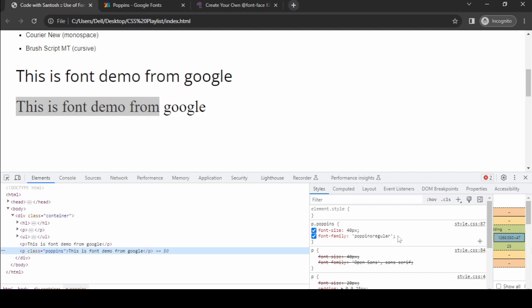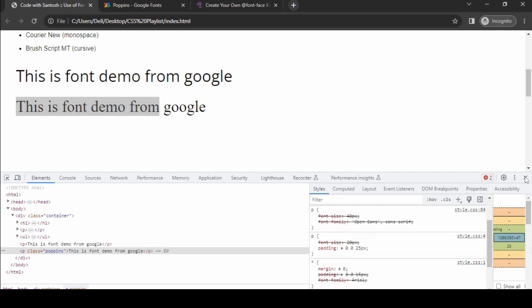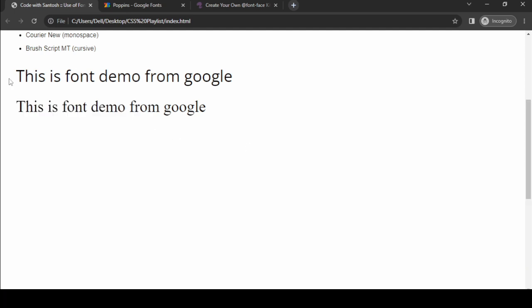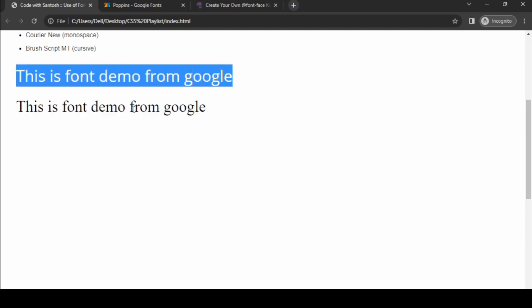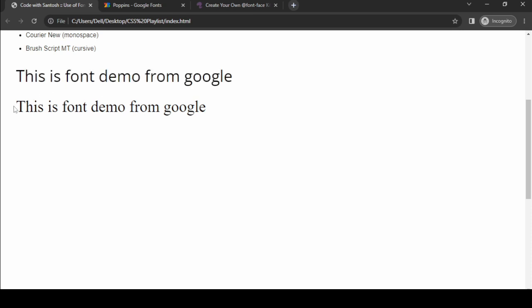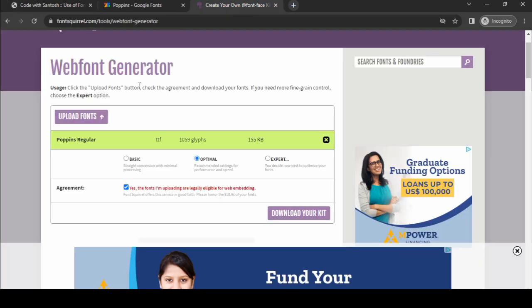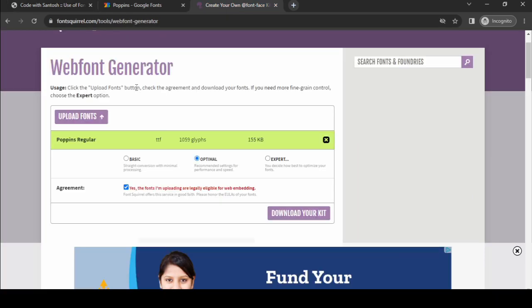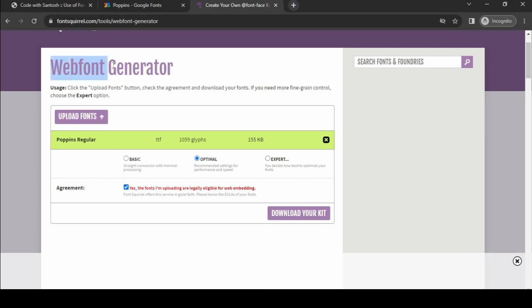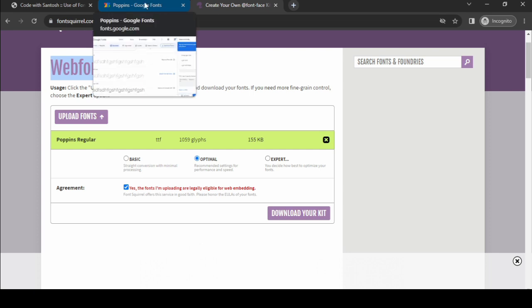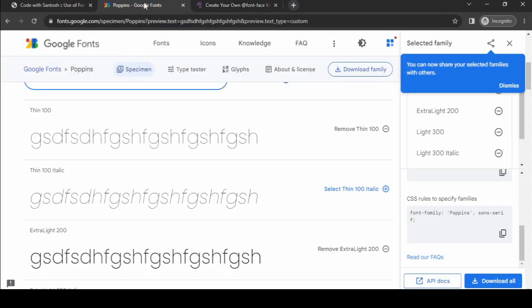So it is using Poppins regular. Okay, you can see that. So Poppins regular is used now. So this is how you can use different kinds of fonts. I have also shown you the font which we can use from Google, and this is how we can find the TTF font and convert using this website, or there are some other websites which are normally used to generate the web font. You can use those websites to generate the other file formats of that font,